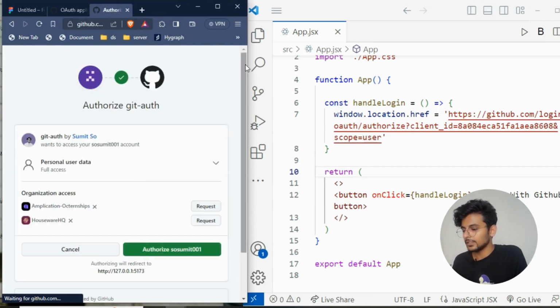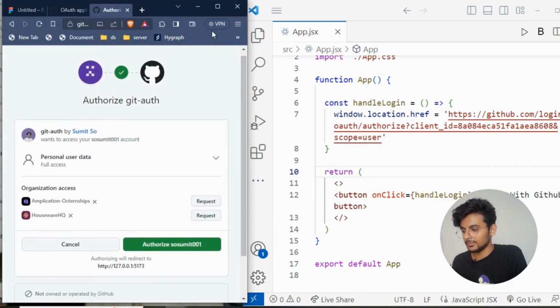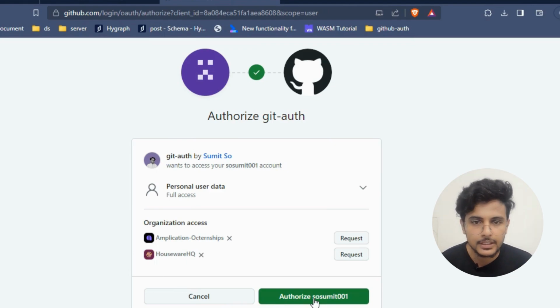As you can see, this is our authorization page. We have successfully redirected user to GitHub authorization page. When user click this authorize button, what will happen? User is allowing our website to access their information on their behalf. One more thing, when user click this button, user is redirected back to our application. But how our application is able to access user information? That is what we are going to discuss now.